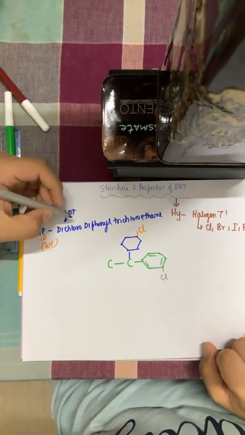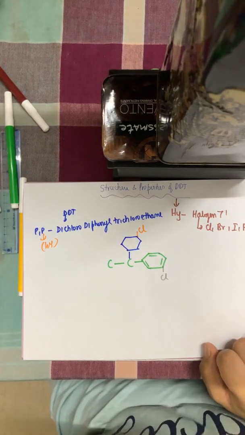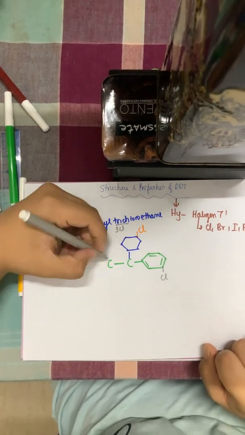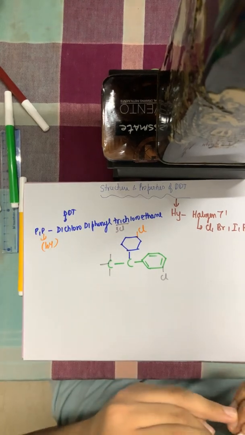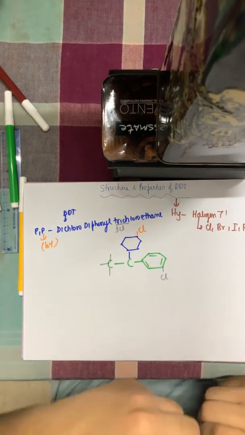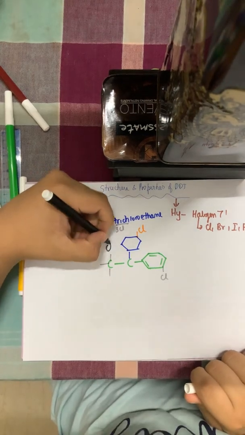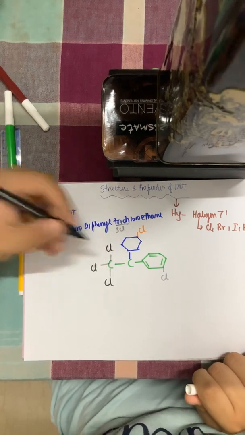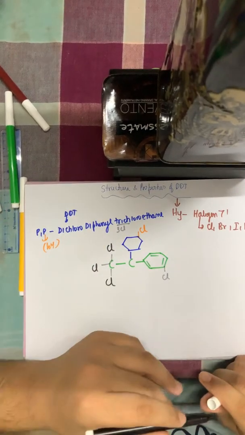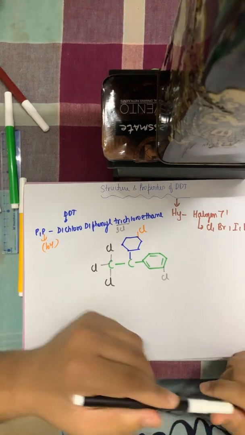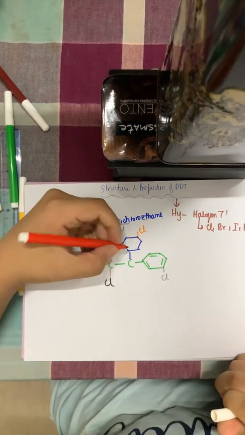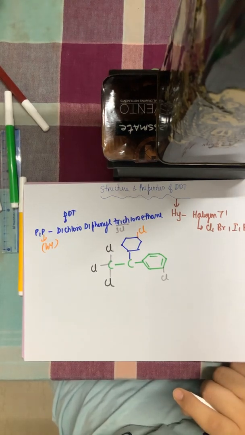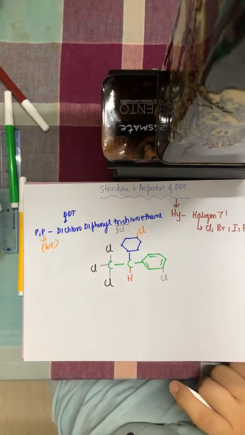Now the second carbon of ethane has trichloro, that means it has 3 chlorine atoms attached to it. So I attach 3 chlorine atoms here. The main rule is satisfying the octet of carbon, it will make 4 bonds. So chlorine, chlorine, chlorine. Now let's check the carbon. The first carbon of ethane has 4 bonds already, 1, 2, 3, 4. So its octet is completed and bonding is over. In the second carbon, we have only 3 bonds. And whenever there is one space remaining and we have no other substituent, we satisfy it with a hydrogen. So I attach a hydrogen here. This becomes the structure of DDT.